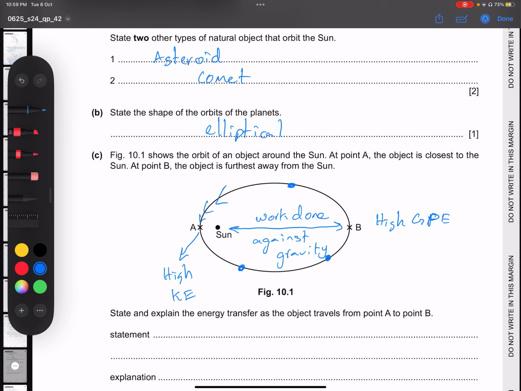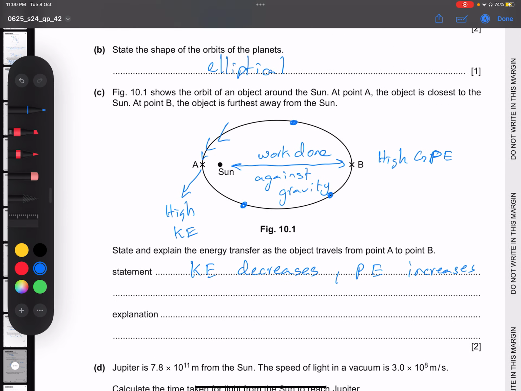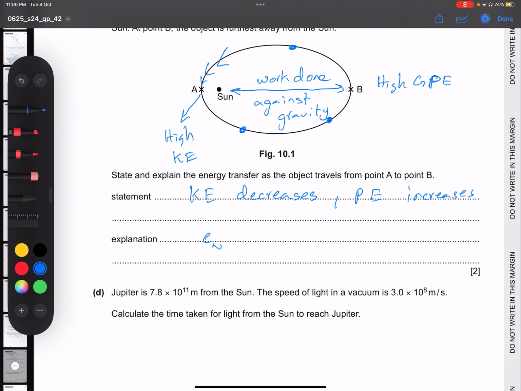So when it moves from A to B, the KE decreases and PE, or gravitational potential energy, increases. You could say potential energy or you could say gravitational potential energy. And the explanation is that